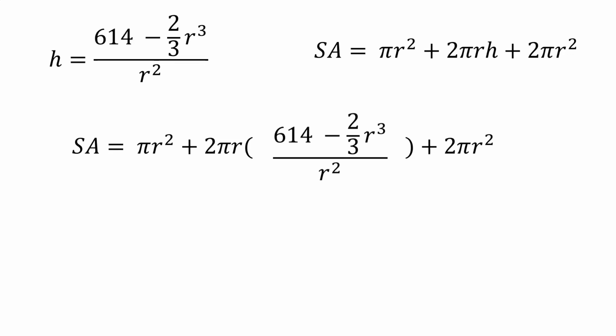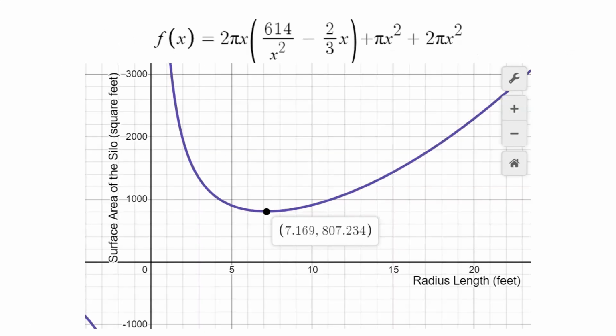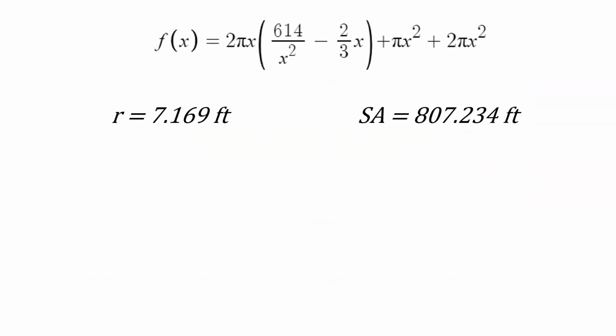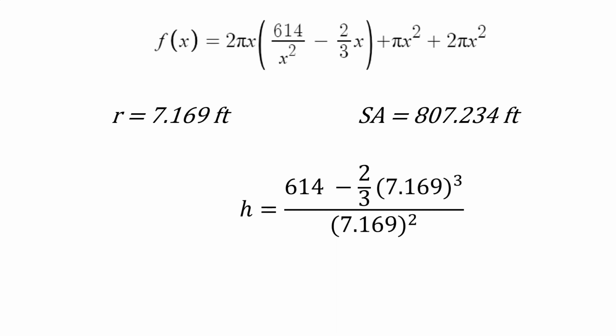Now, let's look at the graph of the function of the surface area to find the minimum value. With the use of Desmos, when x represents the radius and f of x represents the surface area, the lowest point in the practical domain is (7.169, 807.234). This gives us the radius and minimum surface area, but we still need the height. To get the height, we need to substitute 7.169 into the equation for height, and we'll get